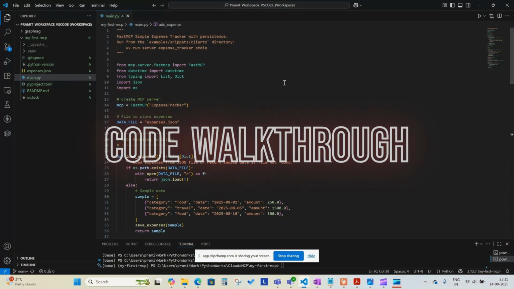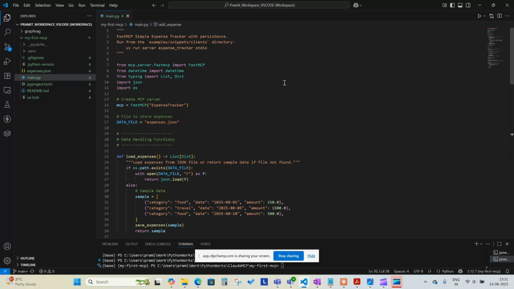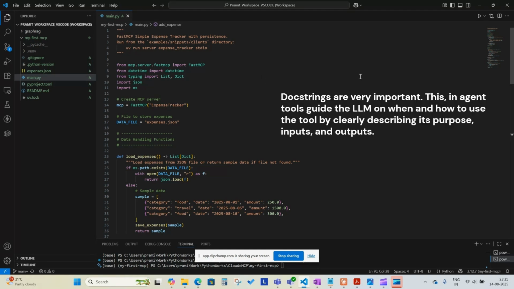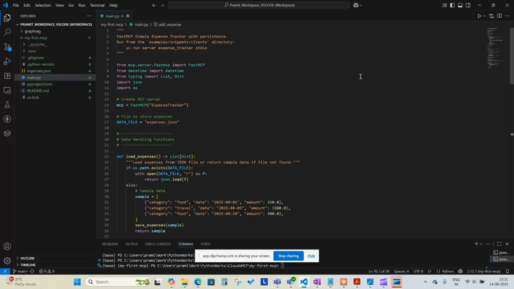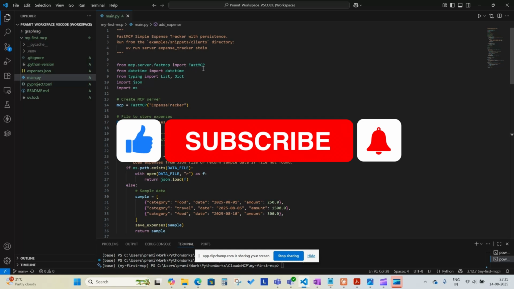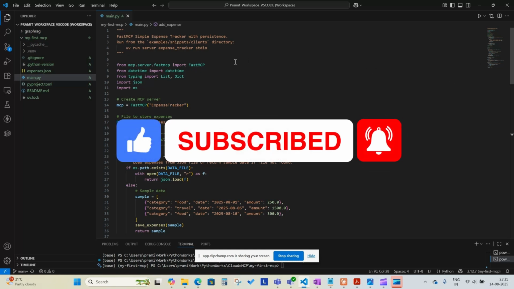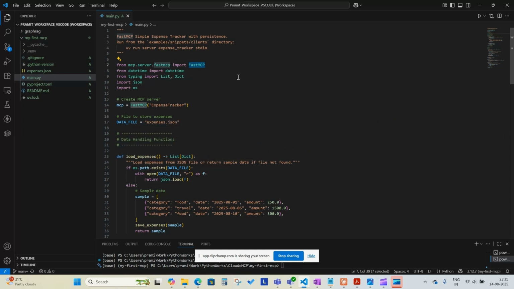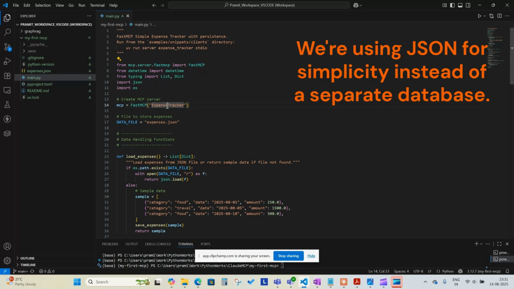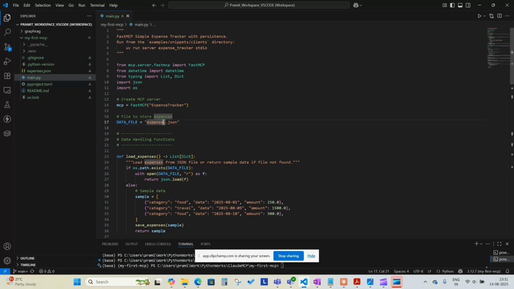Okay, so let us have a small walkthrough of the code. I built an expense tracker using FastMCP. It saves your expenses, remembers them the next time, and gives you totals by category or month. Let's check it out. In the first step, we import FastMCP, datetime, JSON, and a few helpers. Then we create our MCP server called expense tracker and set a file name, expenses.json, where all our spendings will